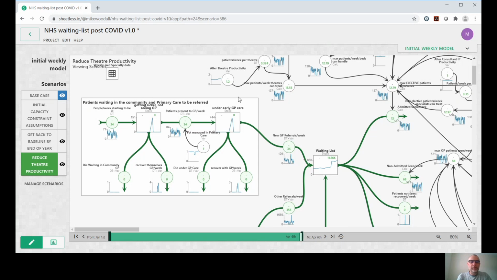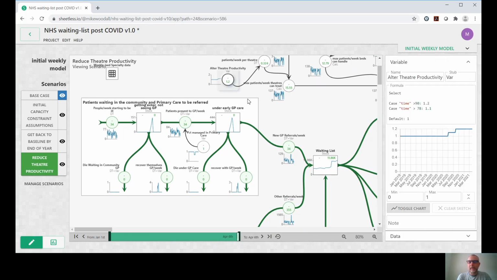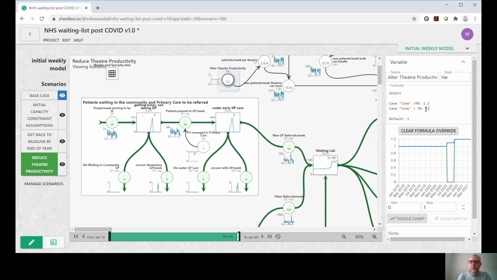This one is in green, so you'll see all the numbers in here change to green. The scenario is based on the base case, so it's not based on either of the other scenarios. It uses all the values from the base case. And as you can see, the variable around theatre productivity that we changed earlier is still in there. So what I'm going to do is change these values to much lower values to show you what would happen if you constrained activity. So at week 78, I'm going to move that to 50% of productivity, and then I'm going to move that further down to 30%